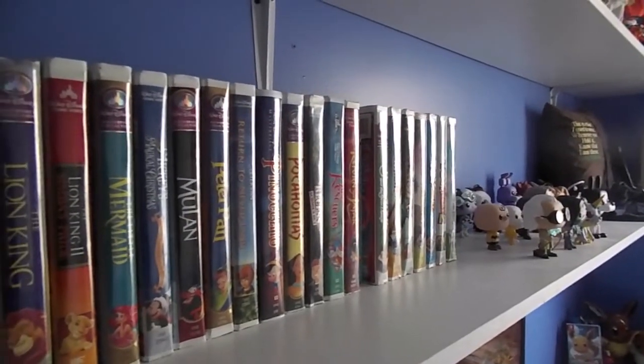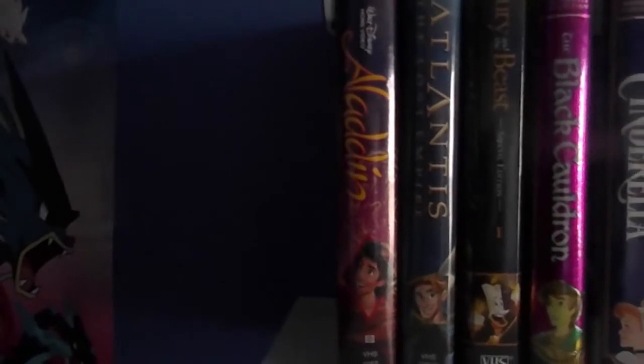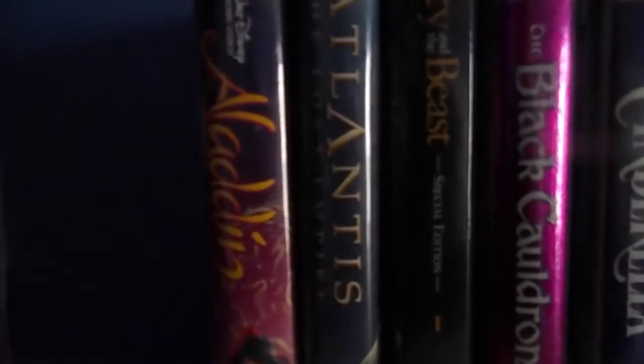Anyway, so here we start off with A to W, because I don't think there's any Disney movies that begin with X, Y, or Z. Correct me if I'm wrong. So we first start with Aladdin, which I never really got into. I mean, I like Robin Williams and all that, but I never really got into this movie. Atlantis, The Lost Empire,